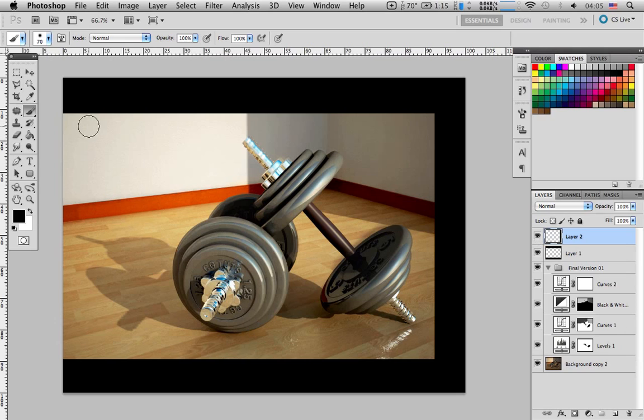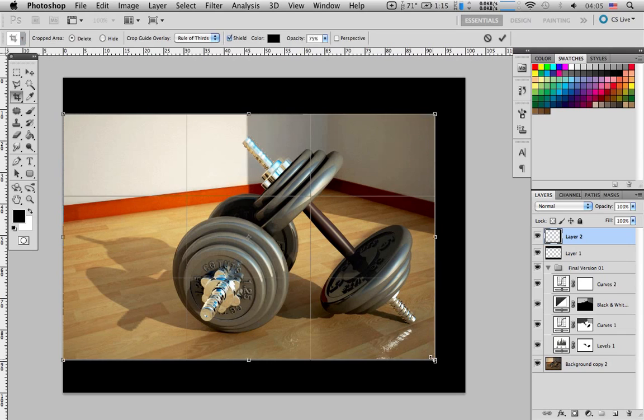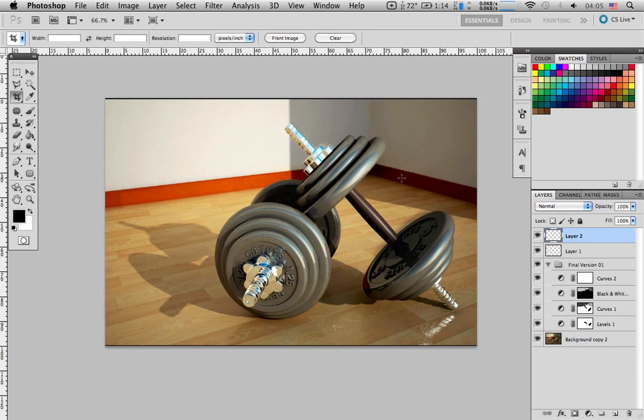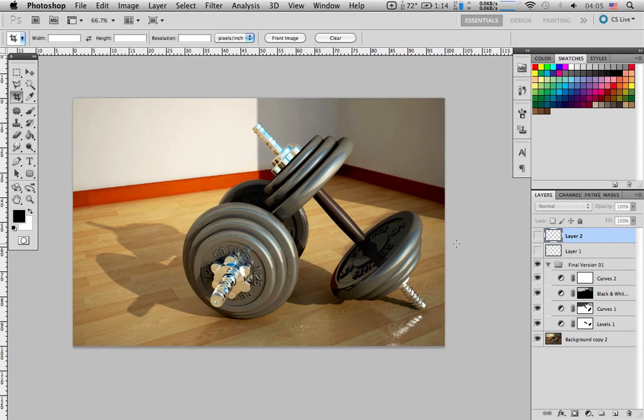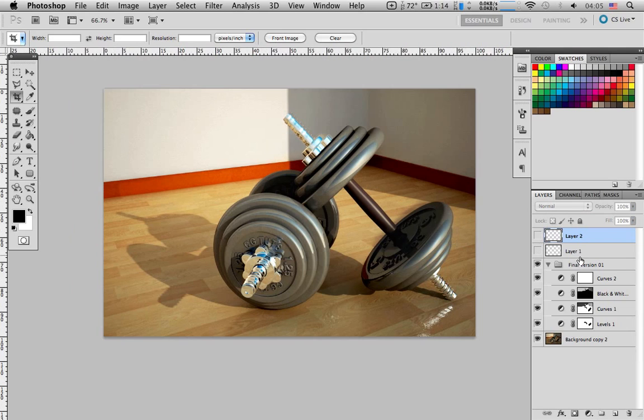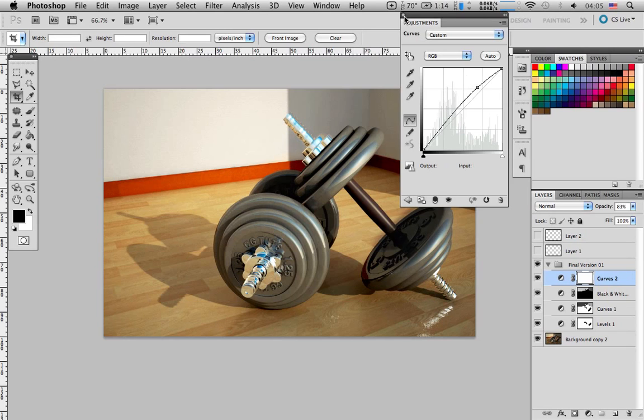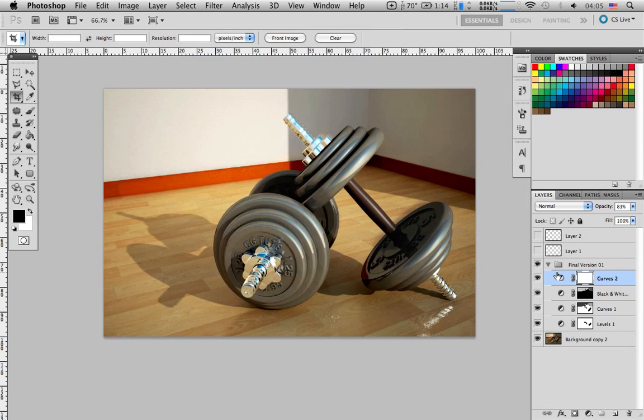And then you can just grab the crop tool and you can crop it. Just press enter and you can crop it. Okay, so this is basically what I did. It's not too difficult. It's as I said at the beginning, just simple enhancement tips, but